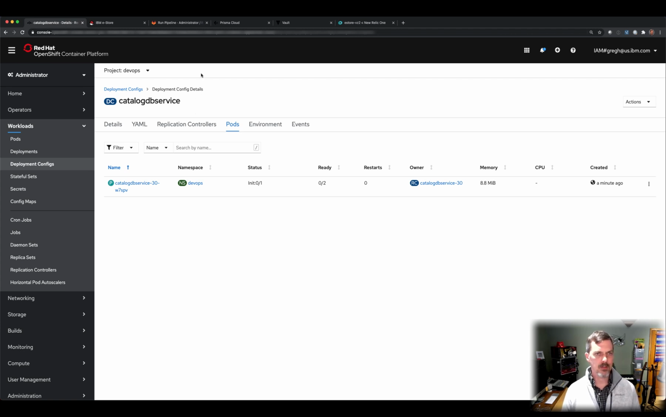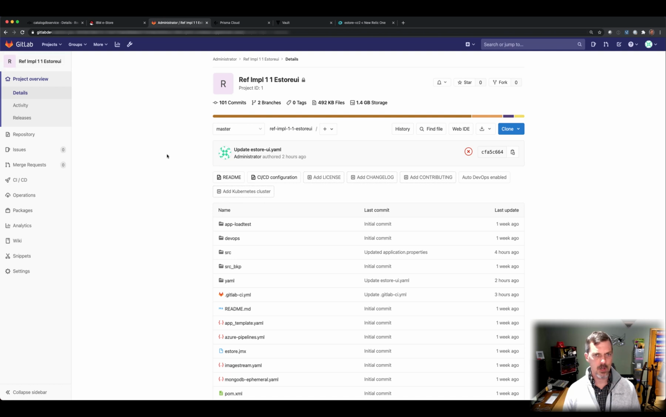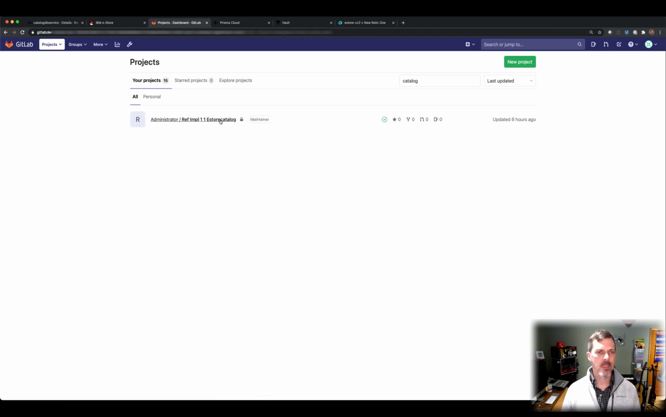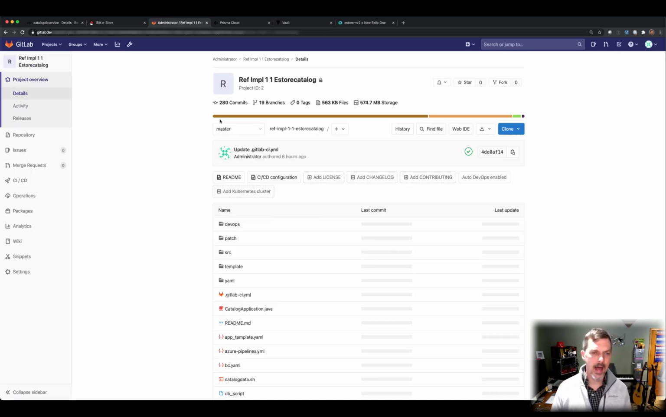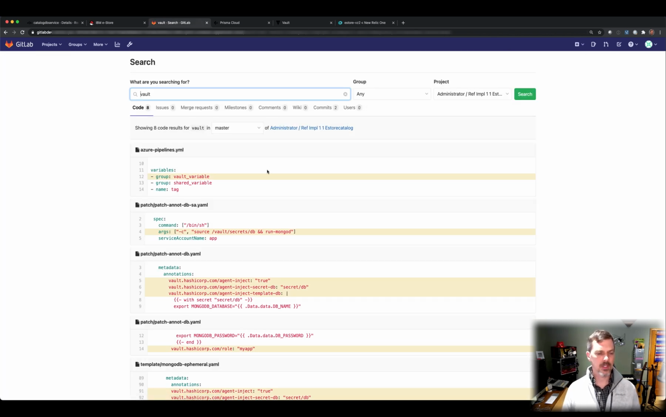So as this starts up, I'm actually going to go back to the pipeline to the GitLab and go to my project overview. Now I'm still in eStore UI, so I'm gonna go back out to GitLab in the home, and now I'm gonna search for the catalog repo, and if I select into that, I can then find instances of Vault, and then you'll see, voila, here's